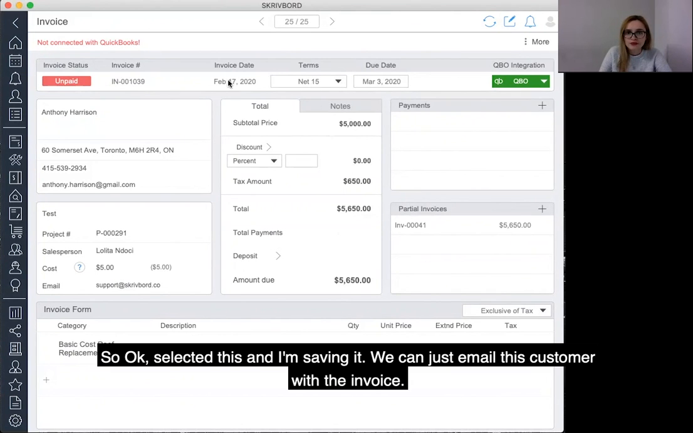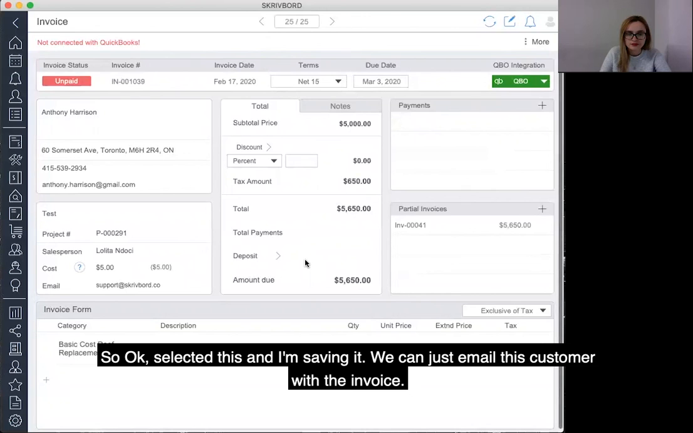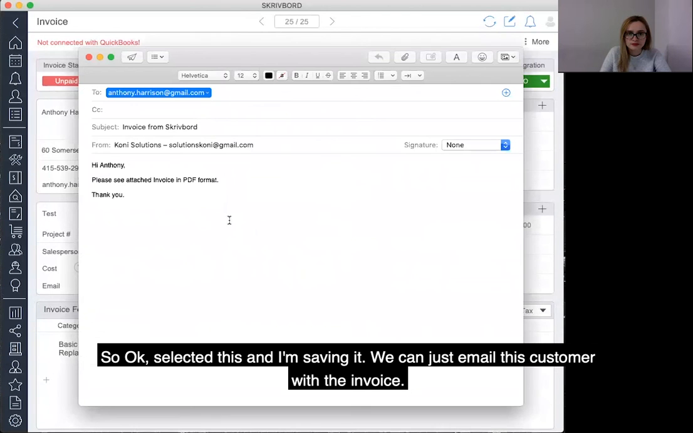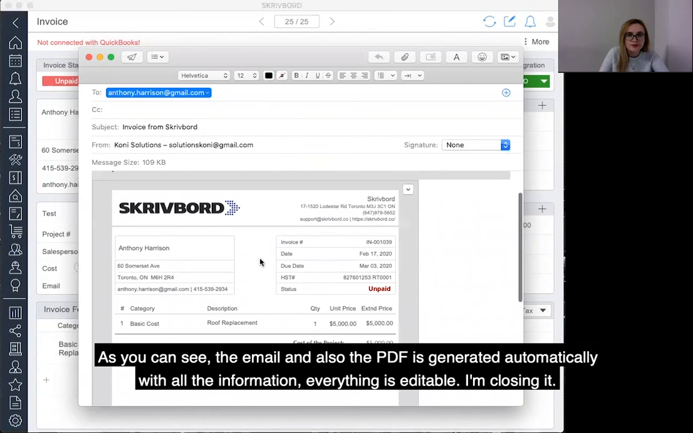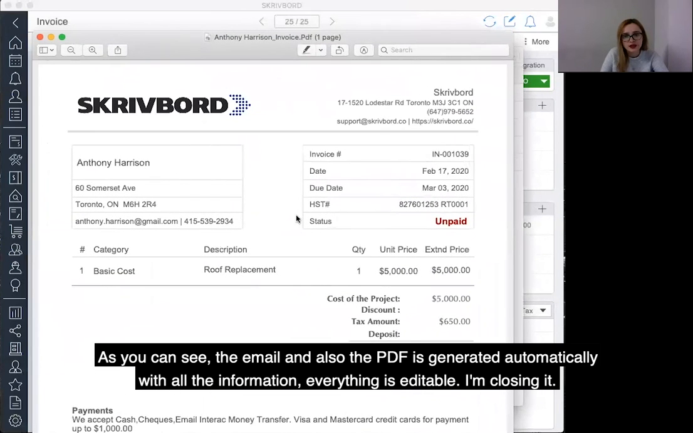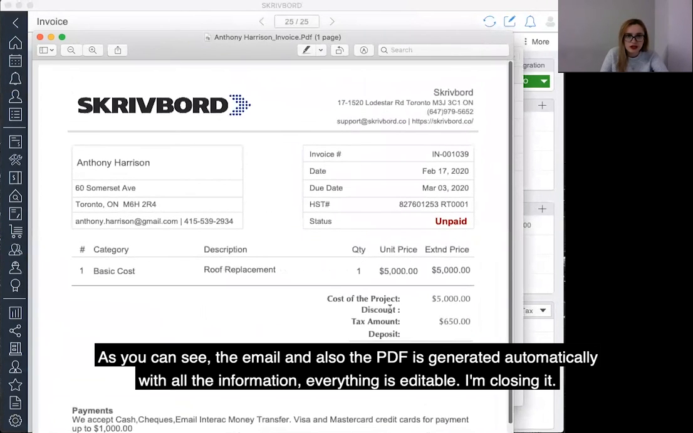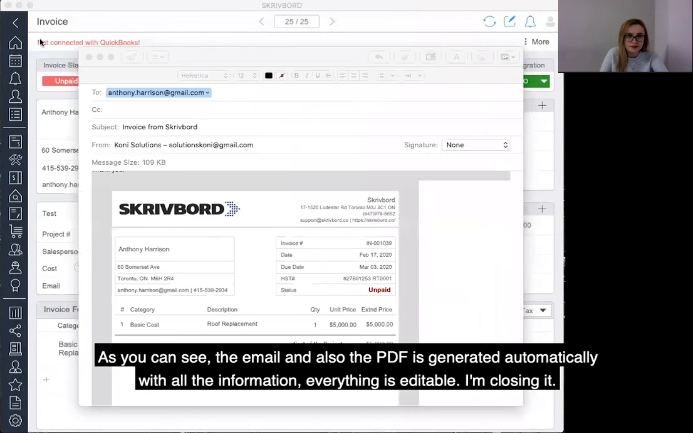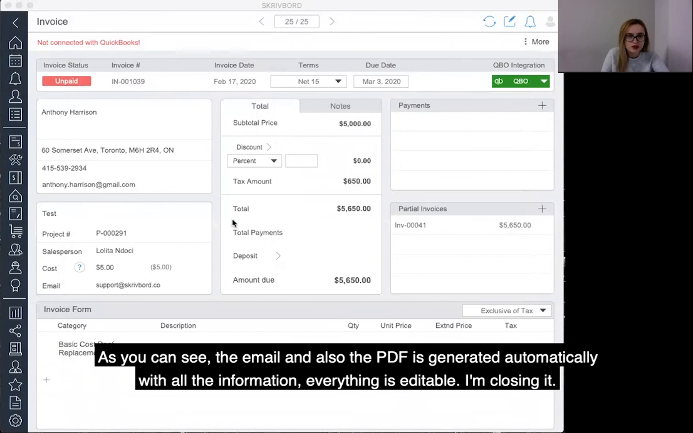So, we can just email this customer with the invoice. As you can see, the email and also the PDF is generated automatically. With all the information, everything, it is editable. I'm closing it. Yes, don't save. Okay, so